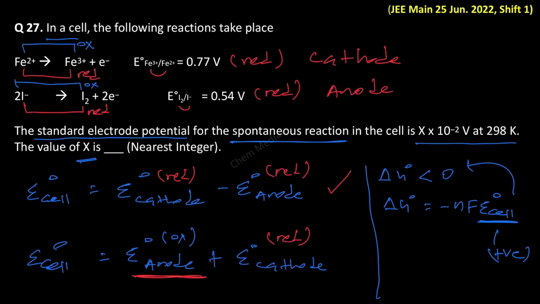So, therefore, I don't want to do it. If you are comfortable changing sign and doing correctly, that's up to you. But keep it in mind that it's safe to use the first equation, because in that case we don't have to change the sign. So, therefore, the net reaction that is happening here is Fe3+ gains an electron